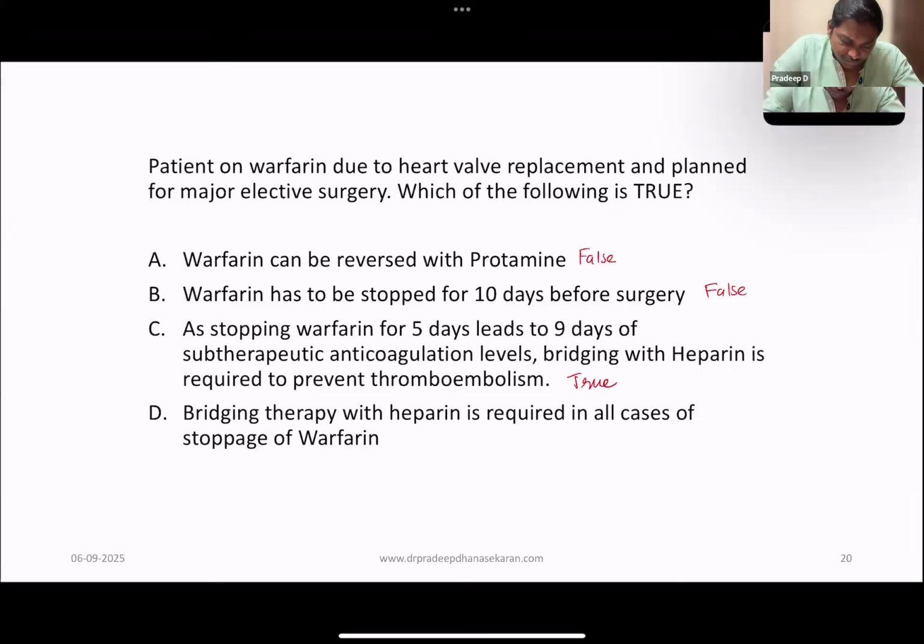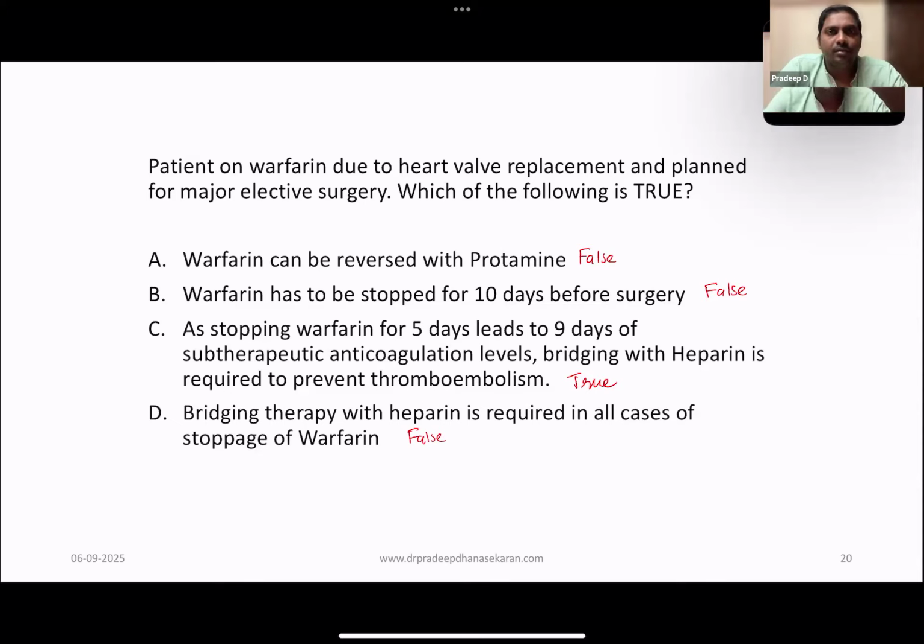Let me explain this. Bridging therapy with heparin is required in all cases of stoppage of warfarin. That is false. If it is a low cardiac risk patient and a low risk of bleeding, or a high risk of bleeding, in such cases, you can stop the warfarin and you need not bridge the patient